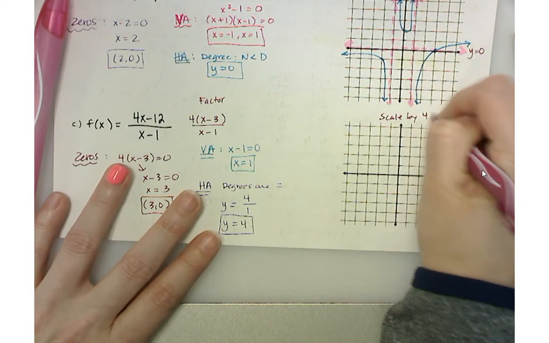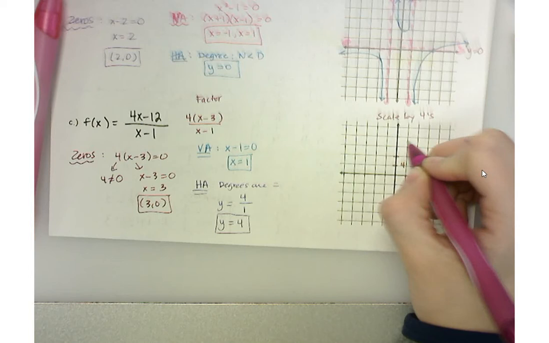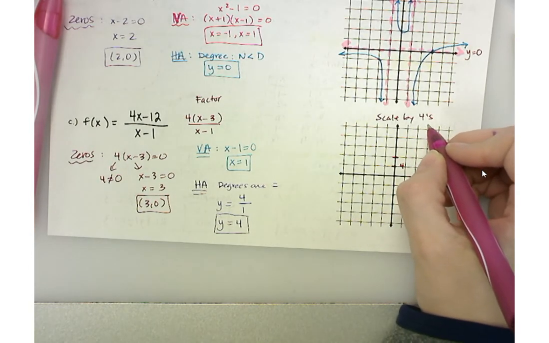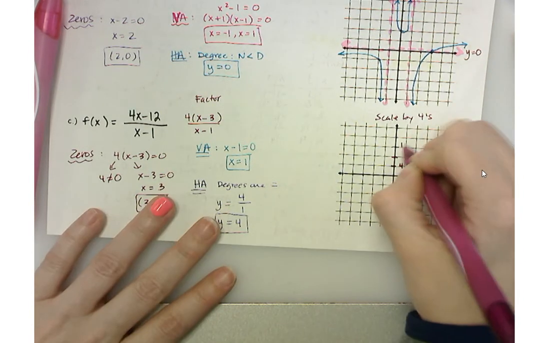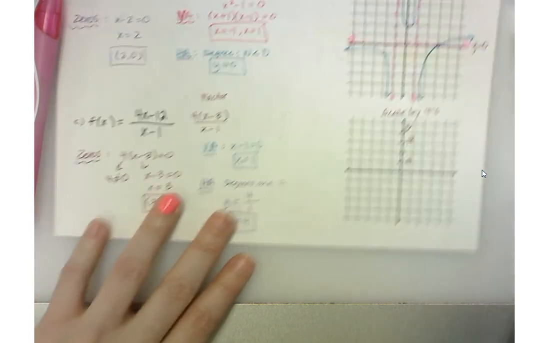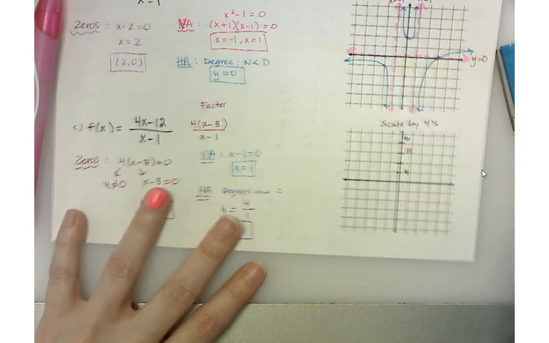Actually, I'm going to show you. This one I actually scaled by 3s. I'm just going to show it to you on here. So you have, again, those opposite quadrants. And then if I wrote the homework up there,